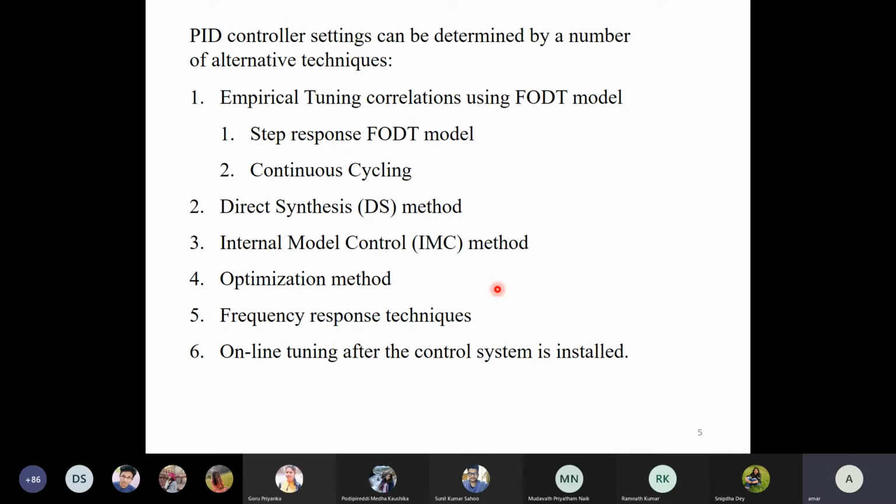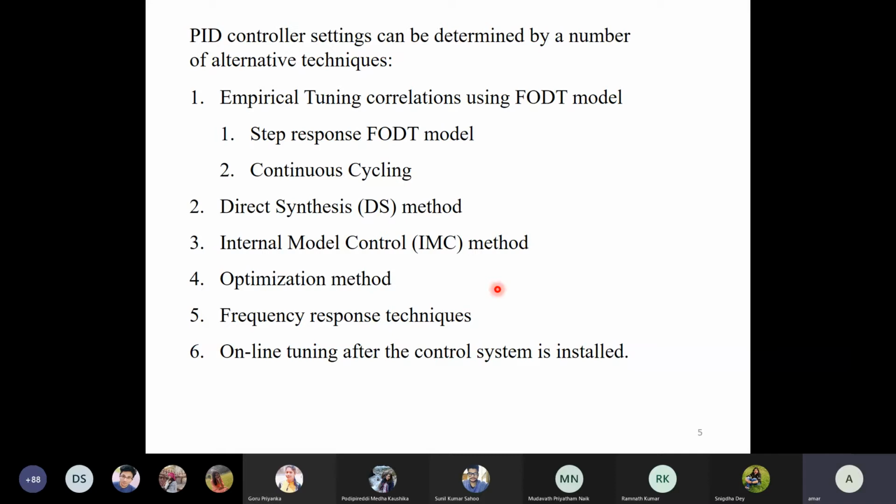I have listed here the six categories. There are many modes, but these are the major six categories which can be used for PID controller settings. One is the classical PID controller tuning method, which is basically called the empirical tuning correlations using the FODT model. The first one is the step response FODT model, and the second one is continuous cycling. Although the continuous cycling method was developed for the FODT model, it can be used for any kind of